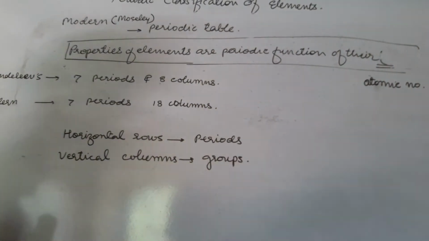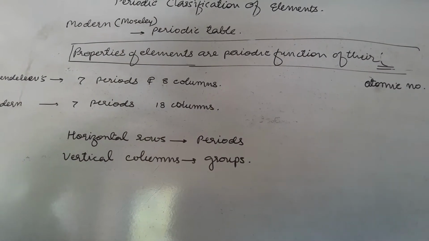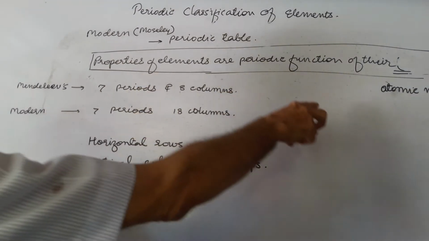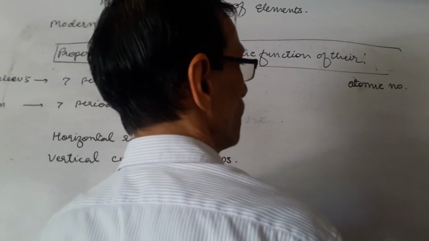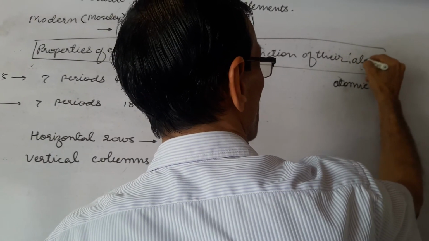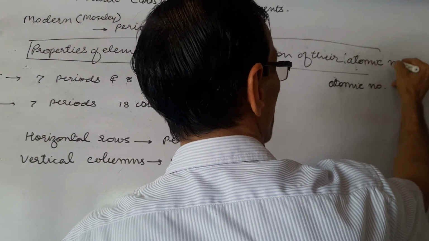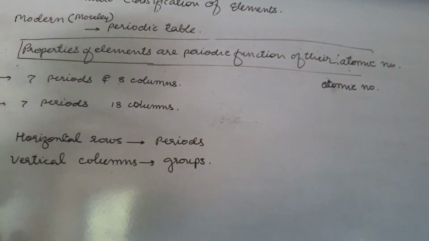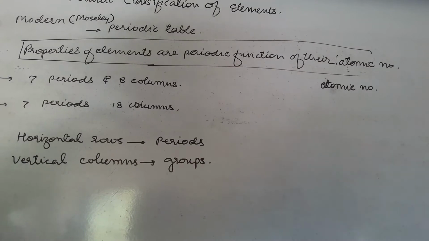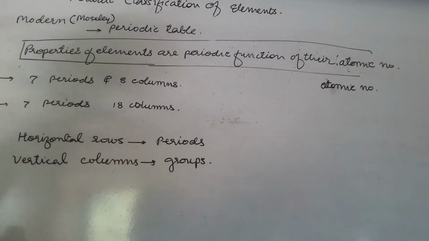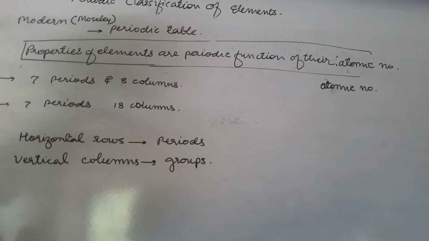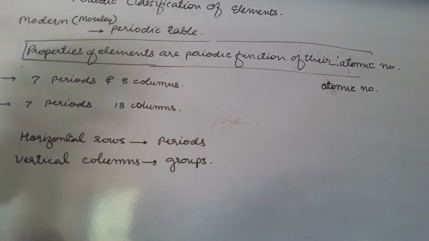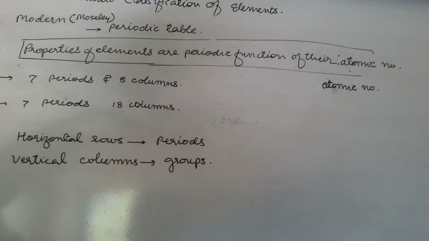So not mass but atomic number, and that's why the modern periodic law is: the properties of elements are a periodic function of their atomic number, and atomic number means the number of protons. So here write atomic number and not atomic mass. It was not really a mistake but a human error, because till then the atom was not fully understood. But in the beginning of the 20th century, when the atom was understood, they came to know that it is not atomic mass but atomic number, and the modern periodic table is based on atomic number.